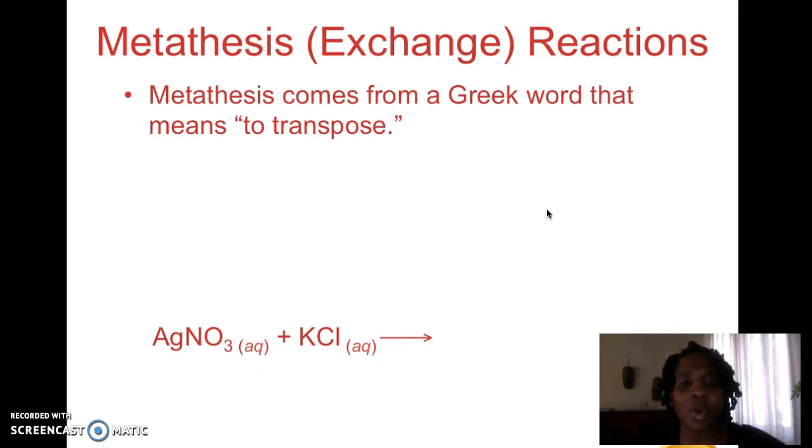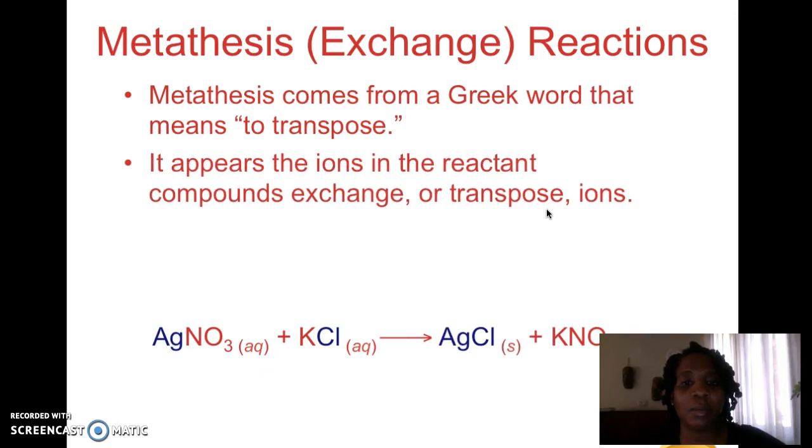You may recall that you would swap the positive and negative ions, so the cation from one compound will now be associated with the anion of the other compound. And then if one of the compounds formed is insoluble or a gas or water, then a chemical reaction has